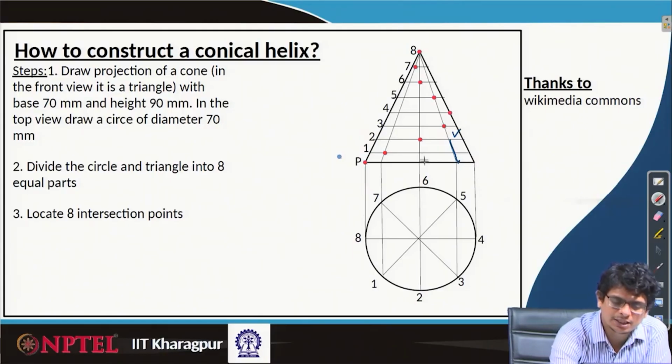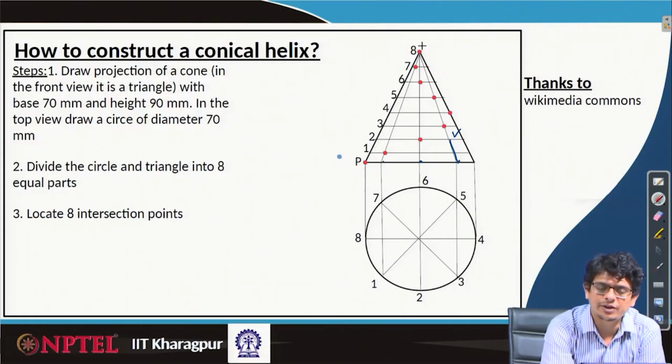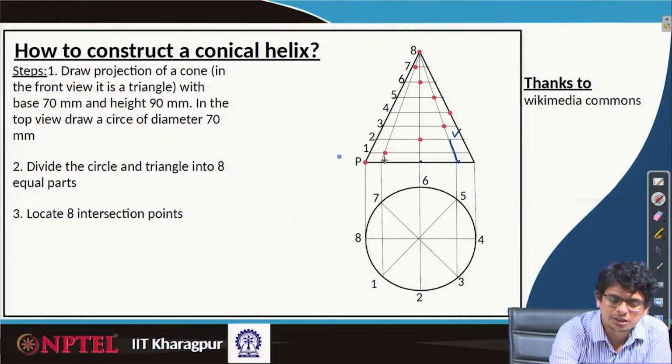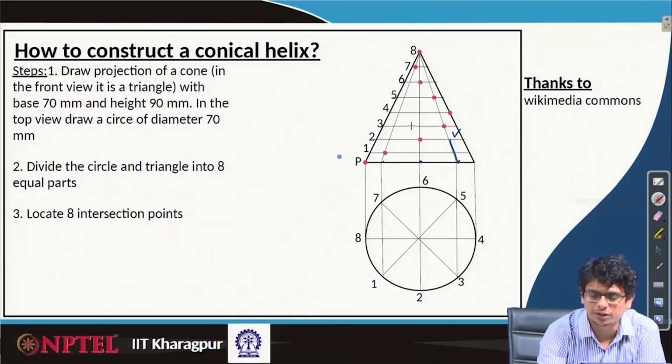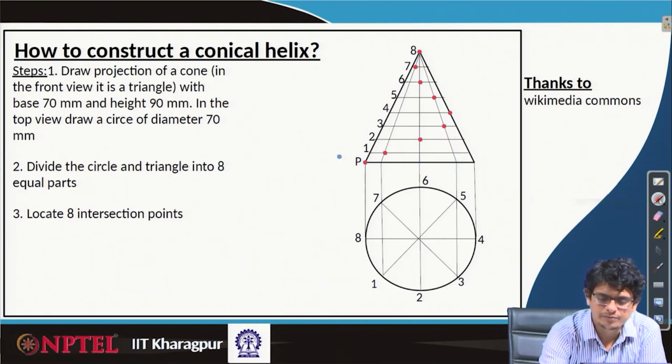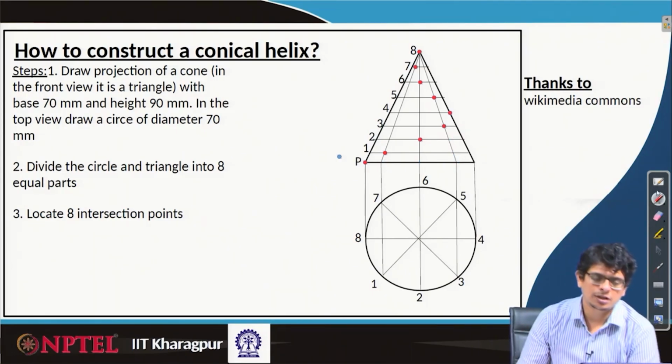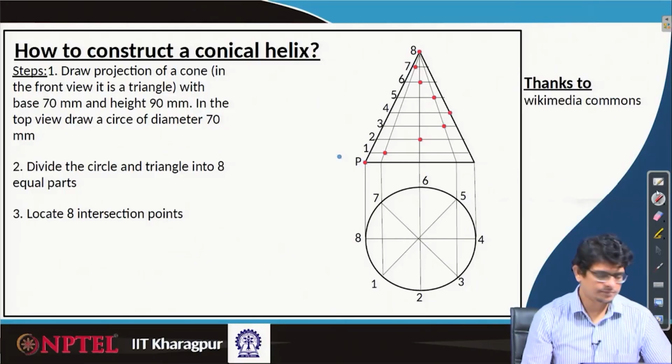Similarly, from 2 extend all the way to that point, from that point to the apex, if we are connecting, another generator we can construct. Similarly, a line extending all the way from 1 to 7 cuts this cone at this base; connect this base with the apex. This is the way, first of all, we have to construct the generators of the cone and also an equal number of divisions on that cone. Once it is done,